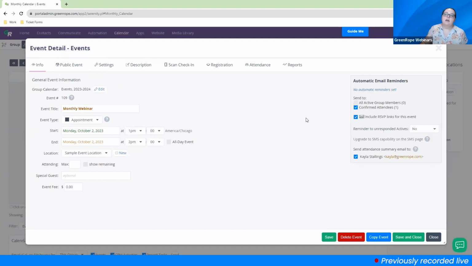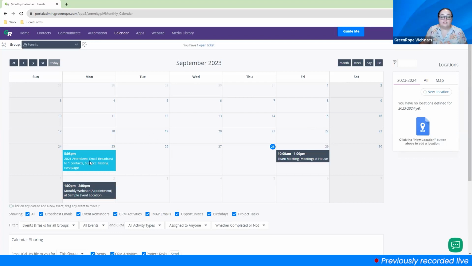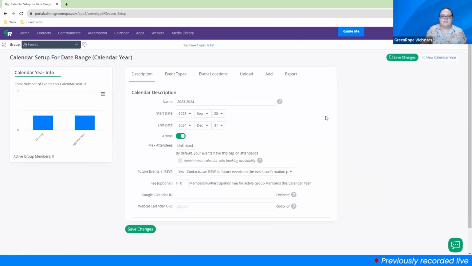So that's kind of how you can tell if an event is public and or private. But the first thing that we do before we start making events is, like I said, let's go look at the calendar settings. So if you go to settings, calendar, this is where you'll be able to say, hey, this calendar,